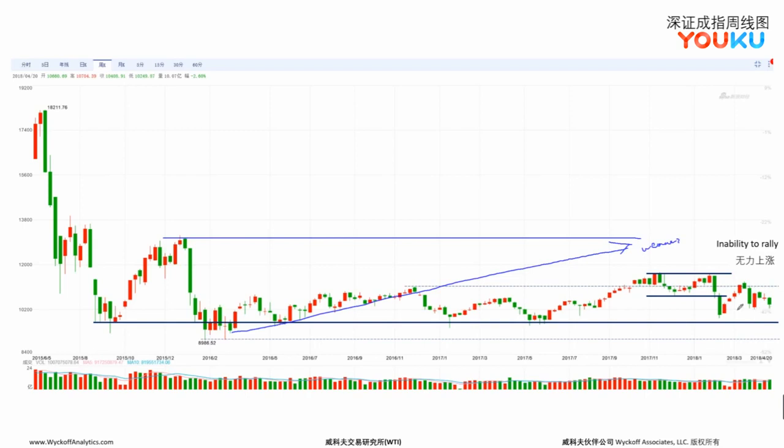Yet, on the short-term basis, the way the price unfolds here from this low to this low right here, it's slightly stronger. Yet, if we zoom in on the daily, we would still see the same type of picture, where there is an inability to rally significantly off the lows.